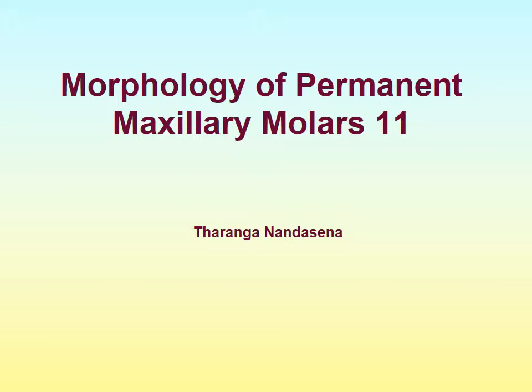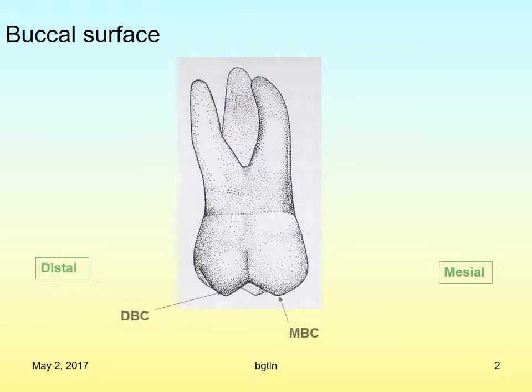Morphology of permanent maxillary molars. When this tooth is viewed buccally, you can identify two buccal cusps, which are more pointed, and the less pointed mesiolingual cusp,